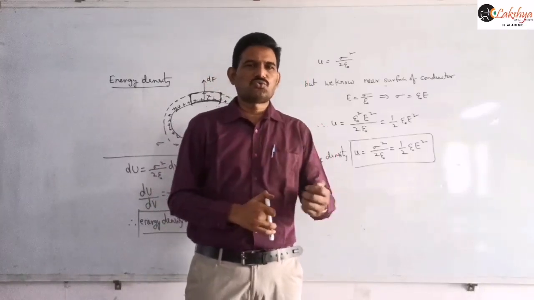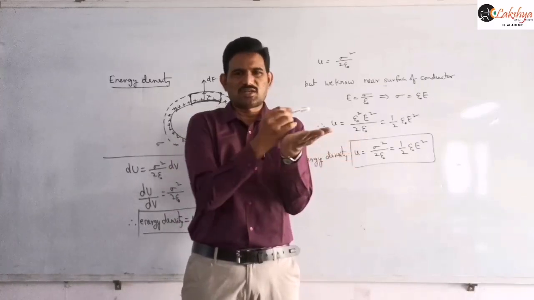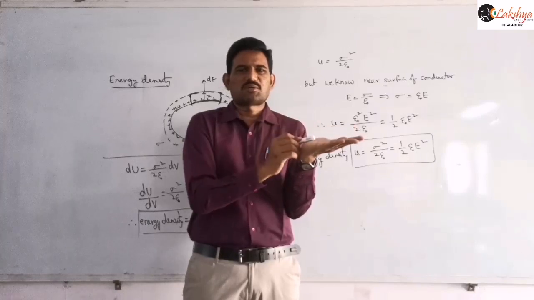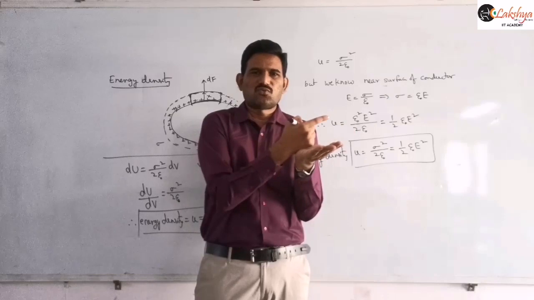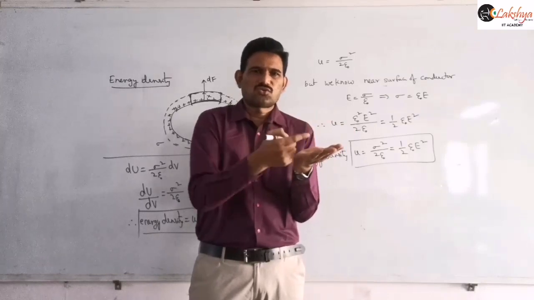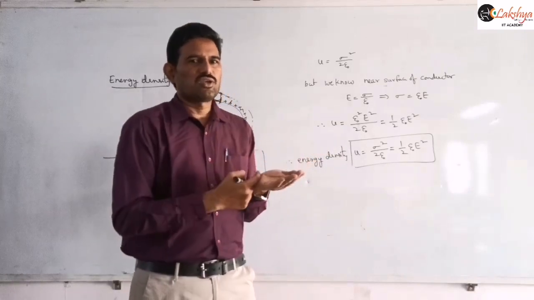Suppose an electric field is there and we release a charged particle here. The charged particle will accelerate. Accelerating, in the sense, we know work is done on that particle. So who is doing the work? Electric field only. That means the electric field is capable of doing work, and so it possesses some energy. That energy is given by this.